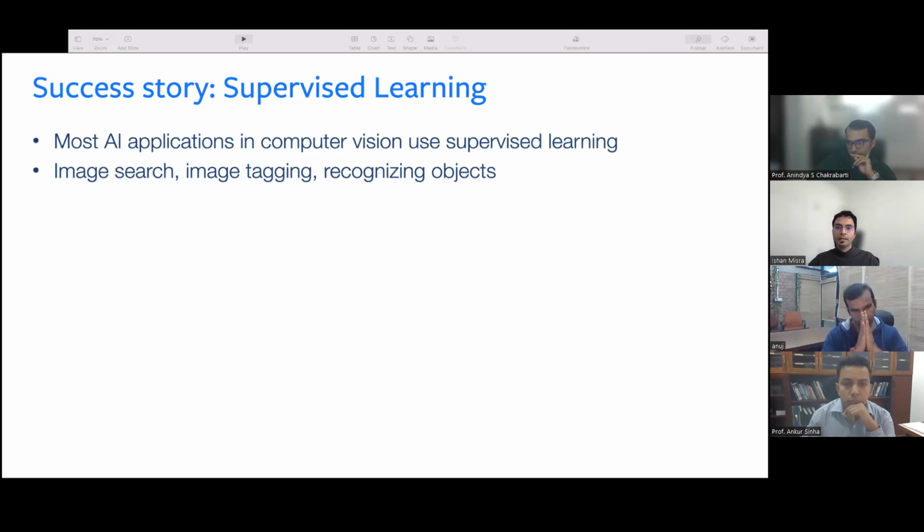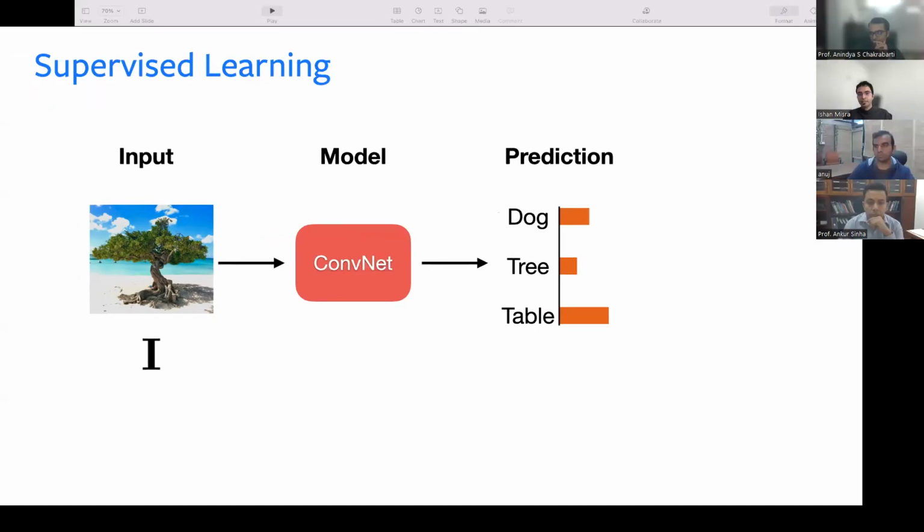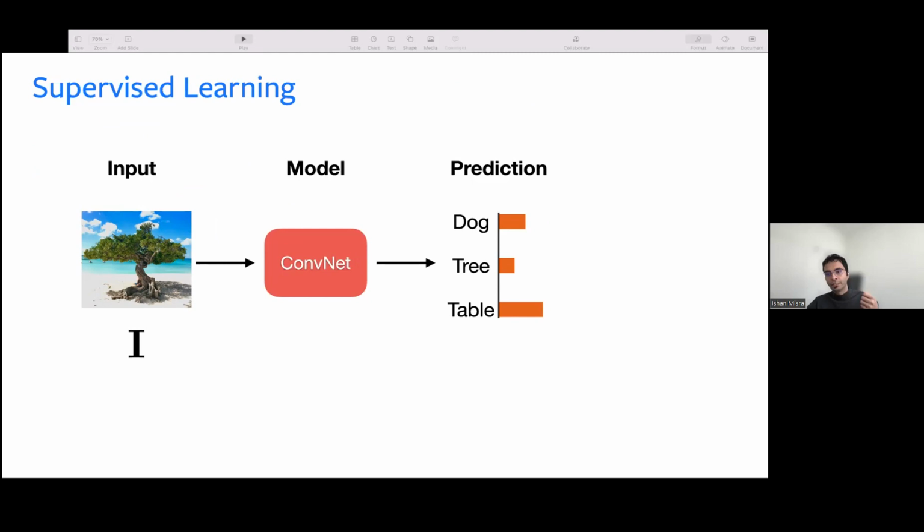vision. Before we look into the drawbacks of this approach, let's first try to understand what supervised learning is. For supervised learning, we have an input, I, in this case an image, which we feed into a model. Say it can be a model called ConvNet. That model produces a confidence for 3 classes in this case. It produces a confidence score for each of these classes, whether it's confident that this image has a table, a tree, or a dog. In this case, the model thinks that this image has a table because it's producing the highest confidence score